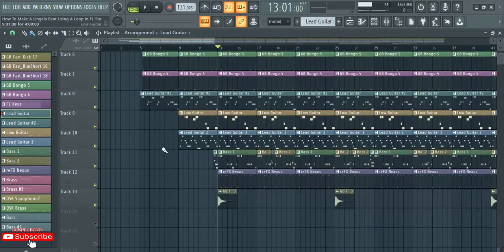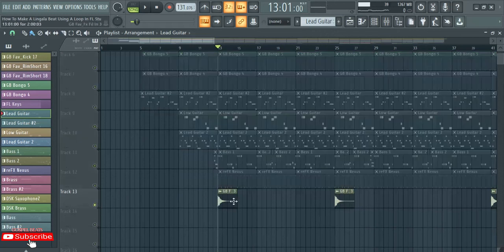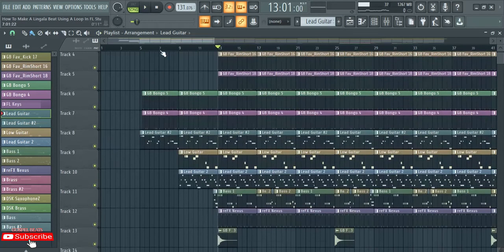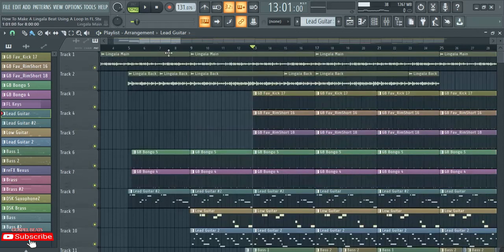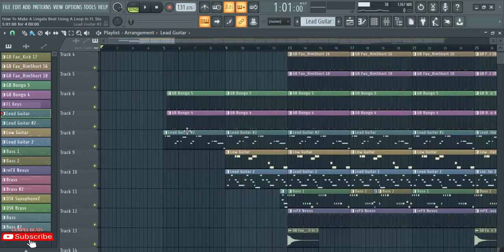You hear? Then with the fill in, I just added the simple fill in FX from my drum kit. Sometimes just make some simple fill in. Like with these genres, they love using simple fill in instead of complicating things, so just put a simple fill in. So together with the loop, just start from here, from the start, hear it, so that you can hear how my guitars are joining the loop.